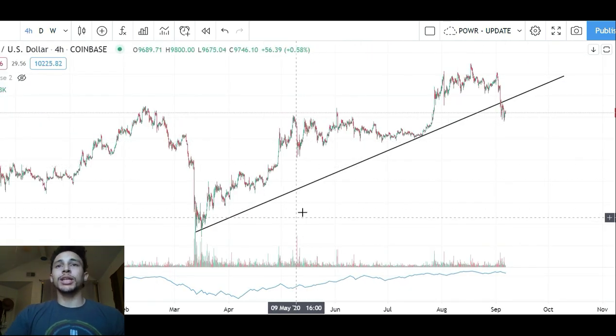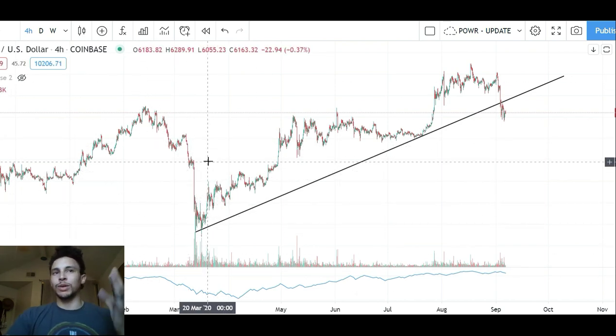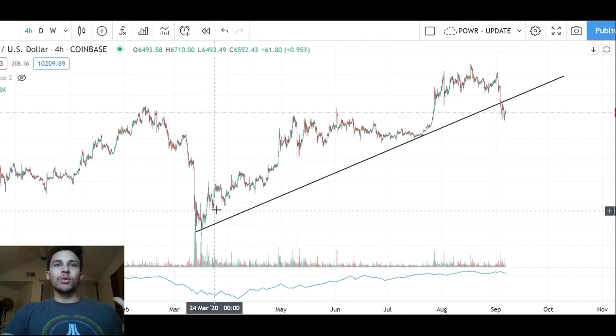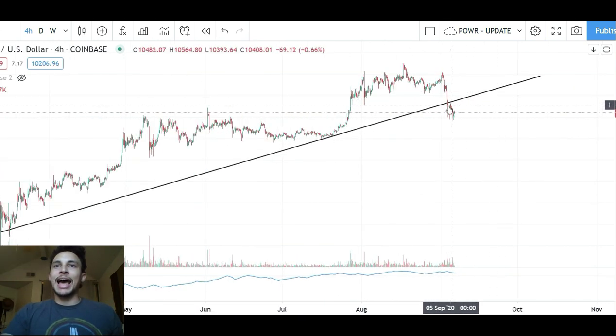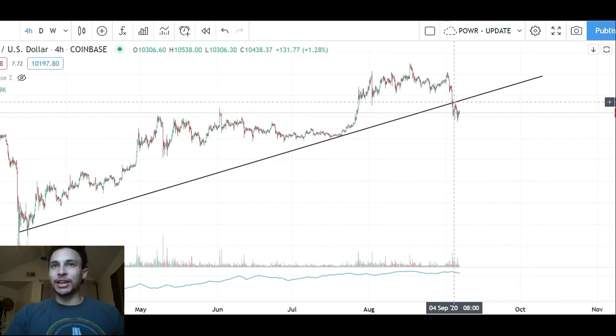Let's move on to the Bitcoin chart here. This area was the March oil crash. When oil went negative, it dragged Bitcoin down to like $3,000. It was crazy. But if you notice, over time, pretty much beginning of this year, Bitcoin has respected this trend line until it hasn't right here. And this is the crazy thing, guys. Bitcoin dominance can rise as Bitcoin price falls because it tracks the market cap value. It tracks the amount of money in crypto, not the price of Bitcoin. So all that means is on the last chart, Bitcoin's money is reducing less than altcoin market cap. Don't get confused here when I show you this.